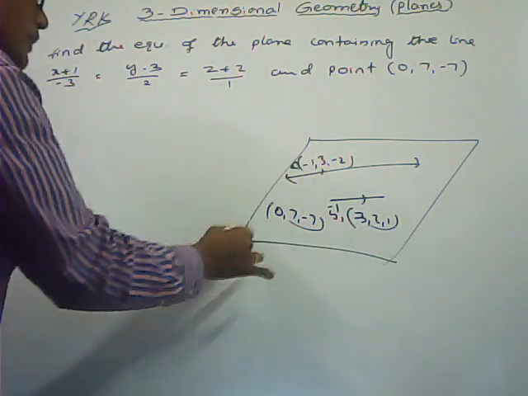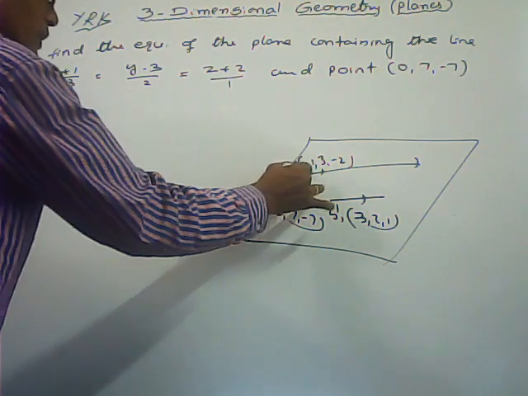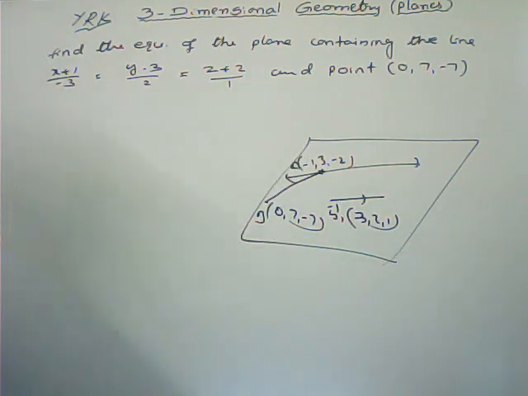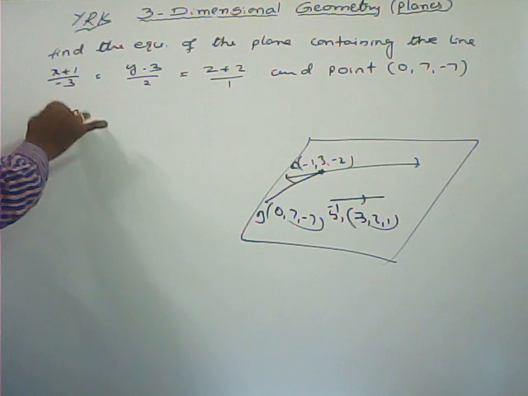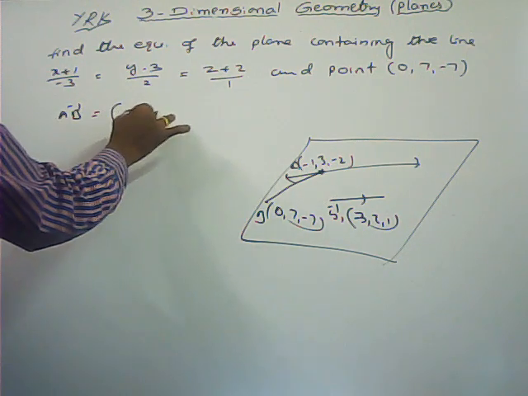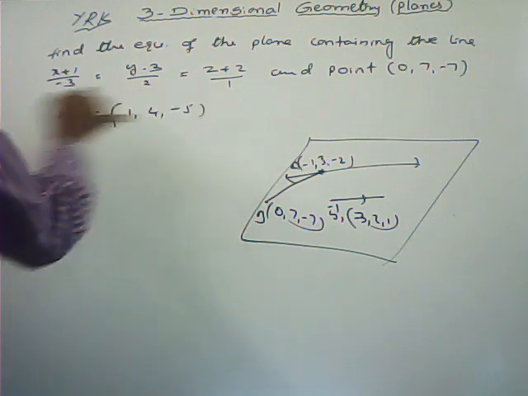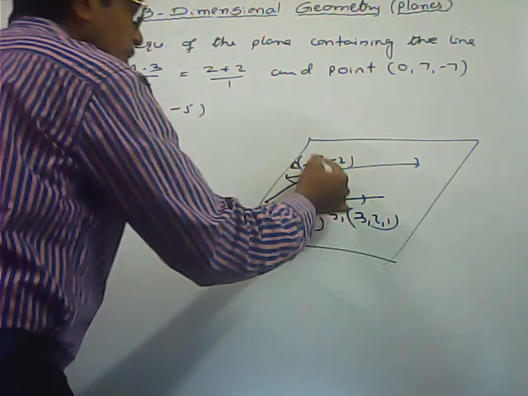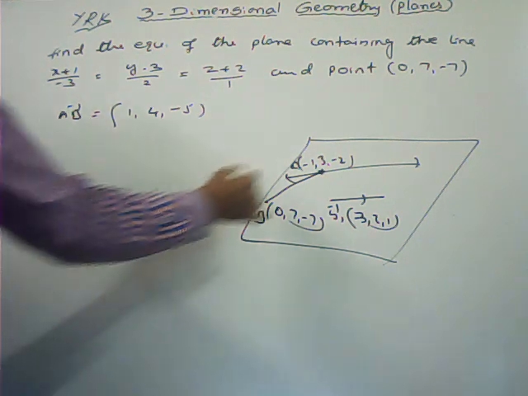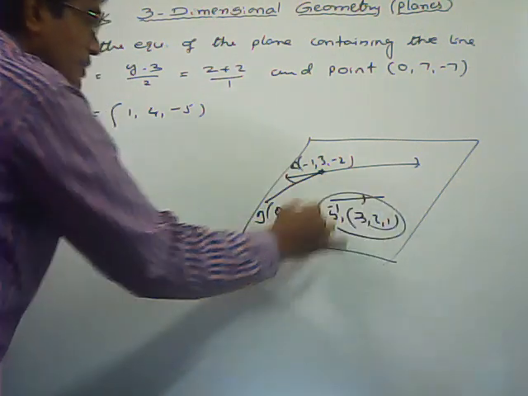This one I am taking A, this one I am taking B. So here, passing through that point, what is the vector passing through these 2 points, AB bar? That is equal to x2 minus x1, y2 minus y1, z2 minus z1. Here the 2 points are given, we know that. This is one of the vectors and b bar is another vector.